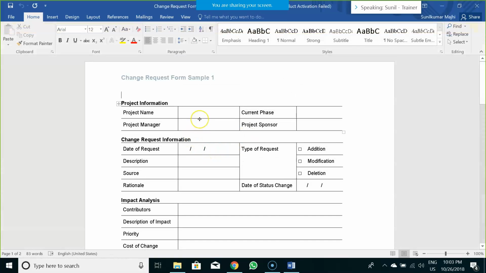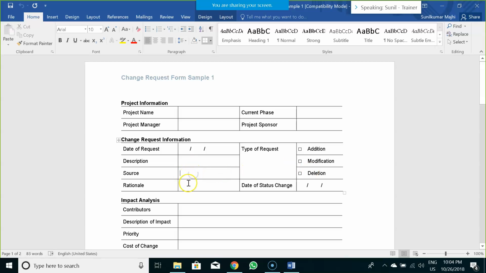So in that context, you would be using a change request template, wherein you would write the project name, what is the phase of that project, the current phase, like it is user acceptance testing or it is delivered, who is the project sponsor, who is the project manager, on what date the change was requested, what is the type of request, whether it's an addition of an altogether new functionality, whether it's a modification to an existing functionality, or whether they would like to remove a particular functionality.